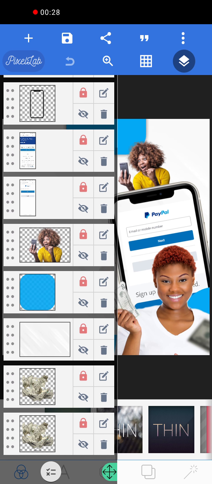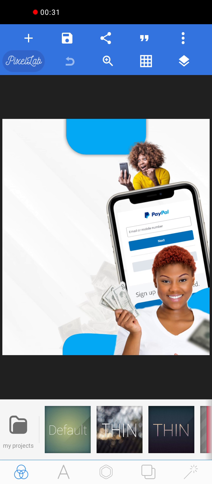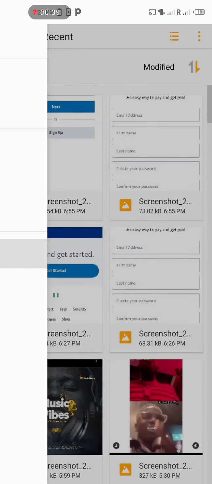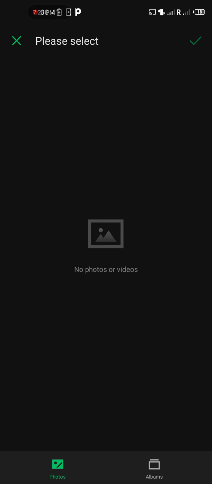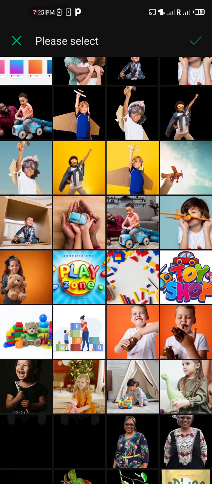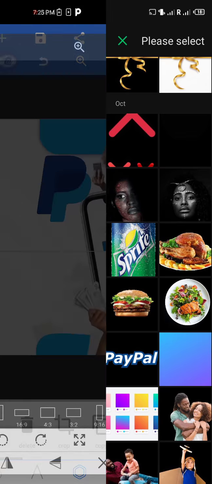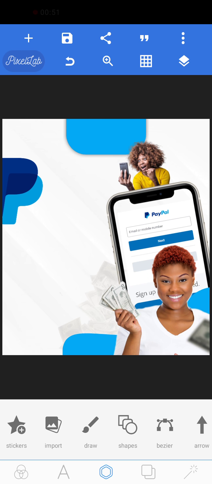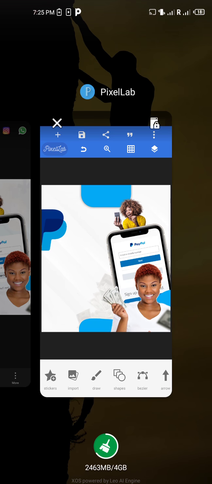So after locking this both, next thing we're going to do is import PayPal's logo to add to this design. So I'll go to my gallery, downloads, check for this. Yes, this. Then bring this here. You can see in this design, you may not be able to see it well, but